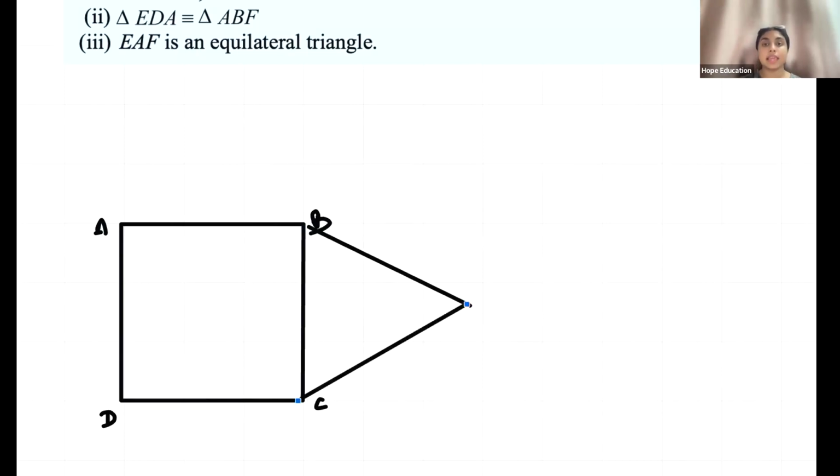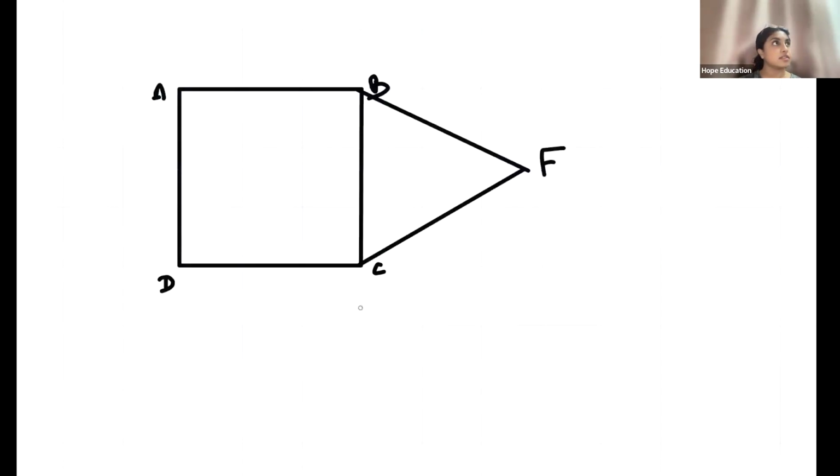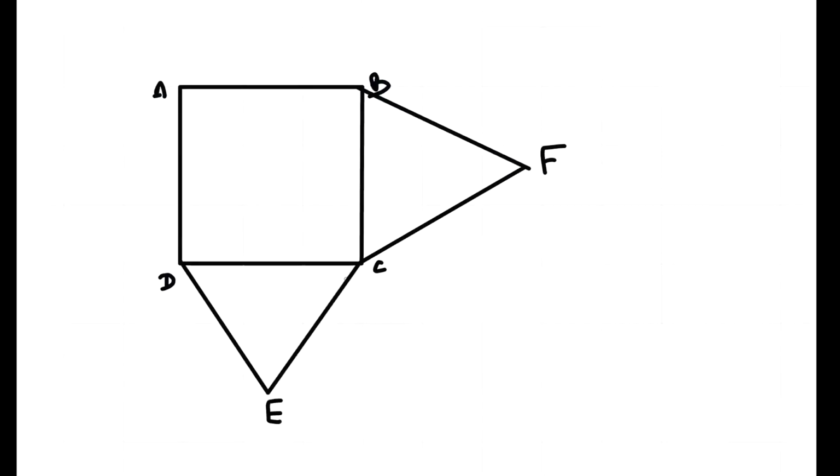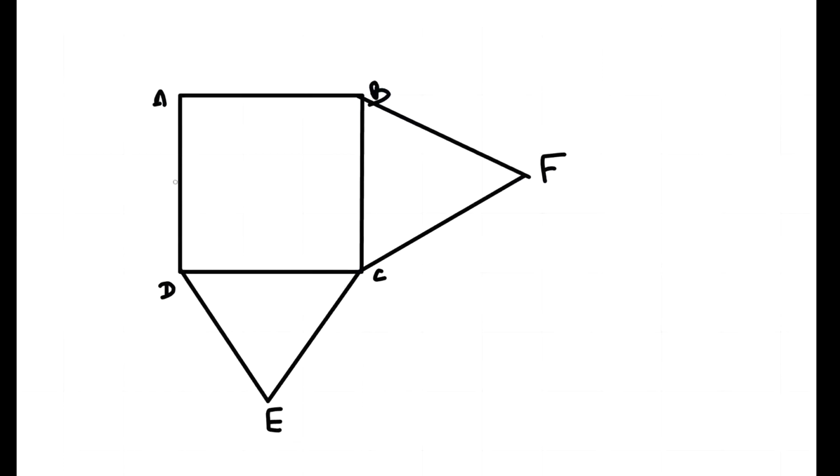And DCE. So DCE should come from here. DCE, like this. So this is a square and these are equilateral triangles, right? So I will mark that this is a square and